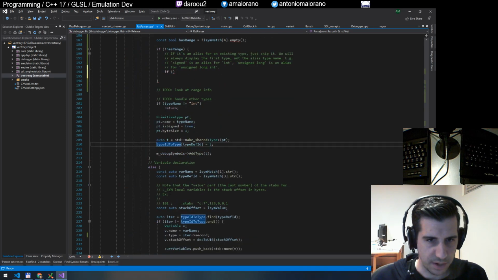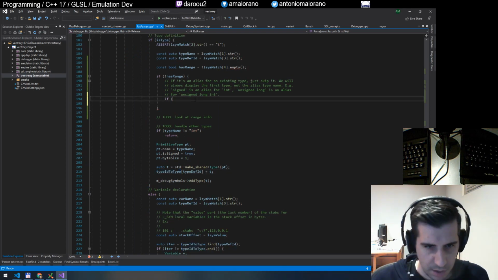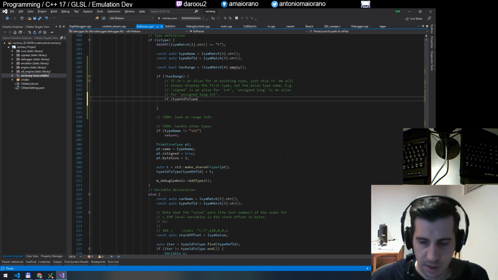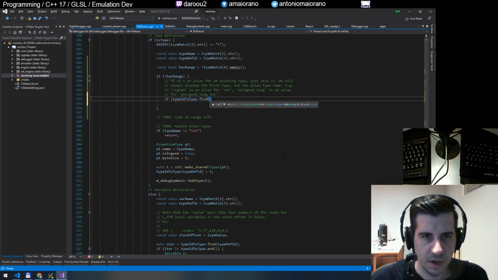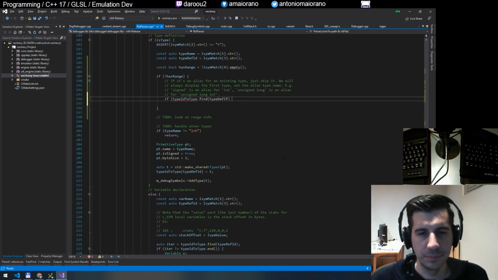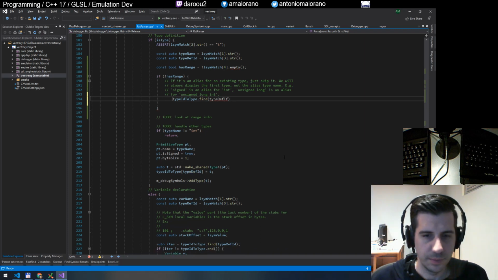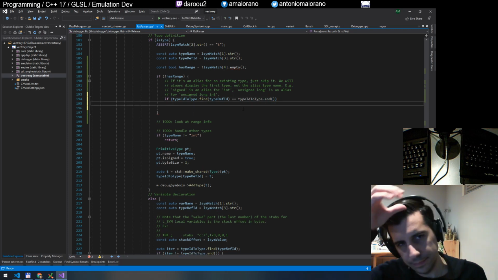Yes, indeed. All right, cool. So if typedef ID dot find of typedef ID. I actually think I have a contains helper. Anyway, if type ID is equal to end,